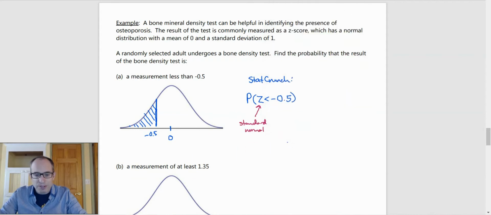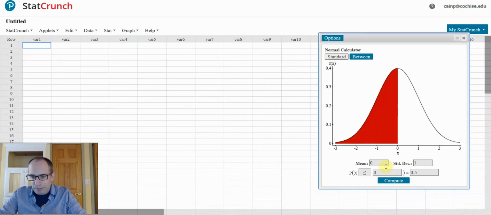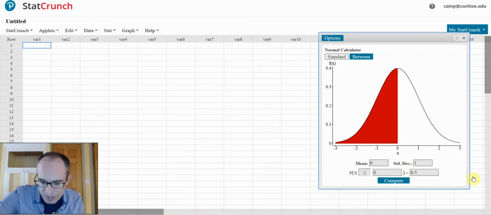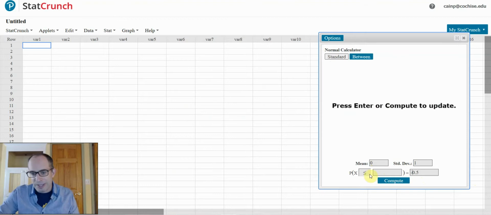So let's see, if we go to StatCrunch, it's already set up for a standard normal. We wanted less than negative 0.5. So I guess really I just have to change this, since less than and less than or equal to are the same. Notice they don't even give you the option of a strict less than or strict greater than here. So we'll have to use less than or equal to, which is fine, right? It's a continuous variable, so less than or equal to are the same thing. And then if you click compute,